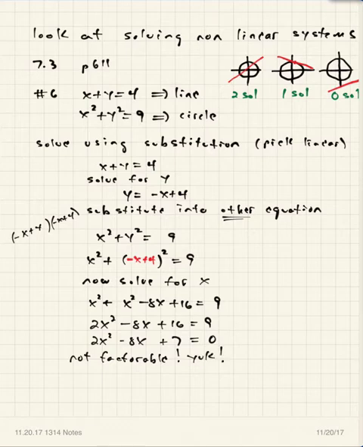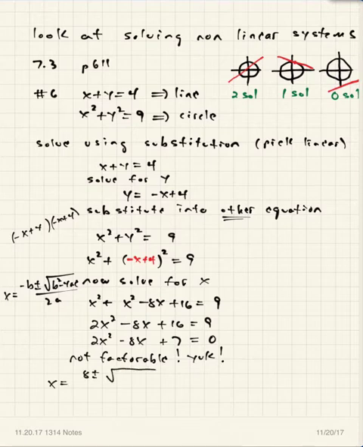So what do I have to do? I have to use the quadratic formula to solve this equation. Oh my gosh. So remember that the quadratic formula is negative b plus or minus the square root of b squared minus 4ac all over 2a. And so when I solve this equation, I get x equals the opposite of b, so that'd be 8 plus